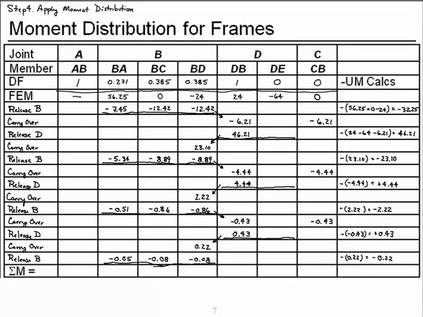which means we're ready for step 5, which is to find the moments in the frame. And so I add up all the quantities in one column, starting at the fixed end moment and down. And so there is no moment at the pin A. Good, that's to be expected. We take 56.25, subtract 7.45, subtract 5.34, subtract 0.51, subtract 0.05, and we get a positive